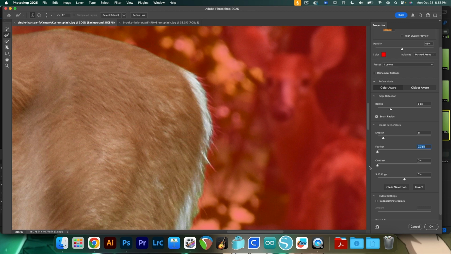Contrast makes the selected edges very sharp. So if you start pulling on the contrast, then it's going to make your edges very sharp. And then shifting the edge, we can shift our edge outwards if we want to pick up more of the selection, or we can shift our edge inwards if we want to sometimes get rid of a little bit of